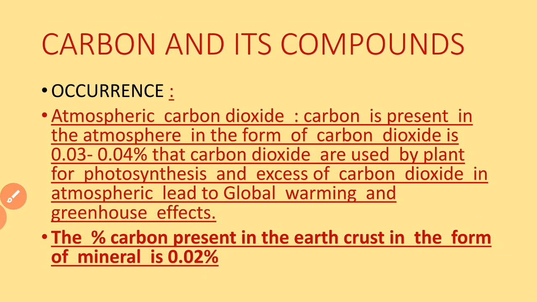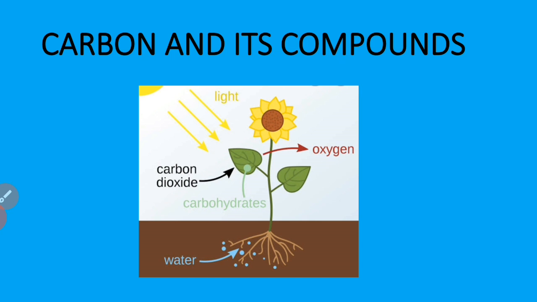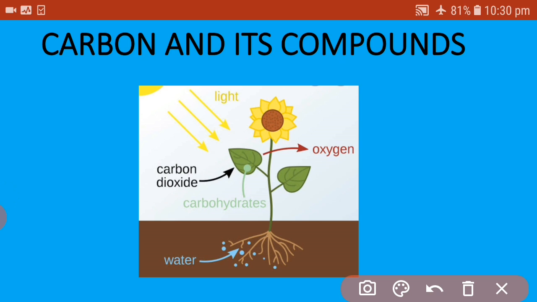Occurrence of carbon. Carbon occurs in different forms. It occurs as carbon dioxide, bicarbonates, hydrocarbons and fossil fuels. So let's discuss carbon dioxide. In the atmosphere, carbon is present in the form of carbon dioxide. The percentage of carbon dioxide in the atmosphere is 0.032 to